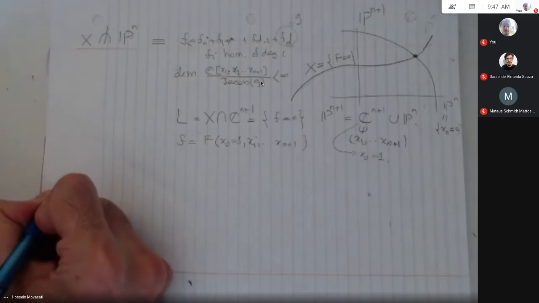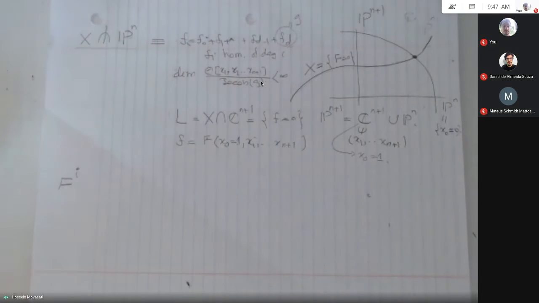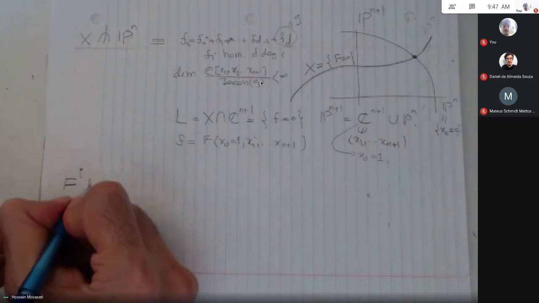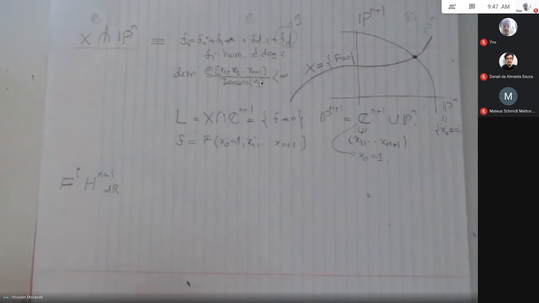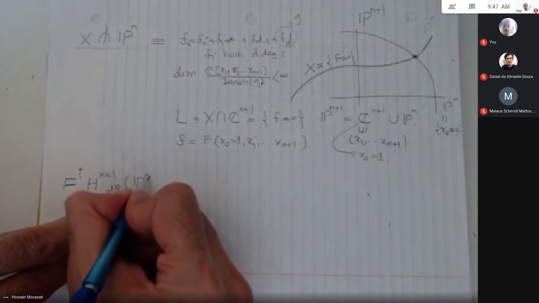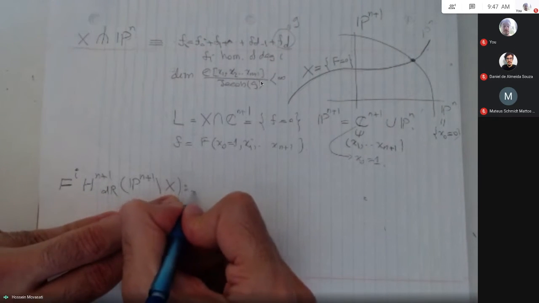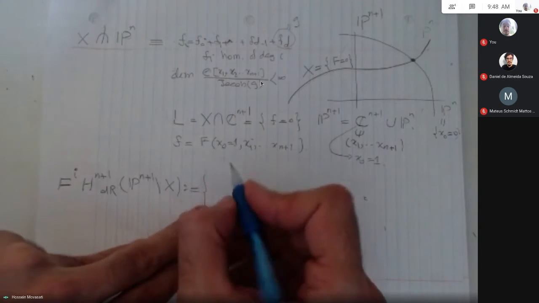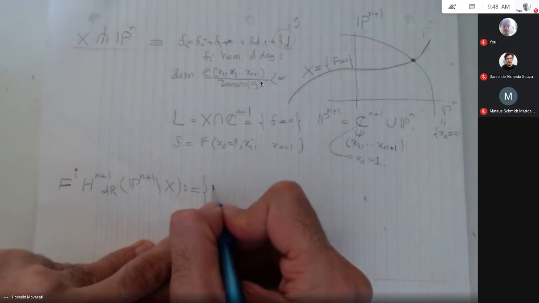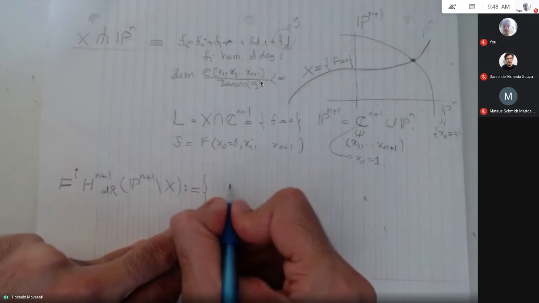Okay, maybe I write once again the filtration F^i H^n of the de Rham of Pn plus 1 minus X. So this guy, for the moment I don't need the generators, a basis, but just the description of the elements of the space. So it was given by, let's say,